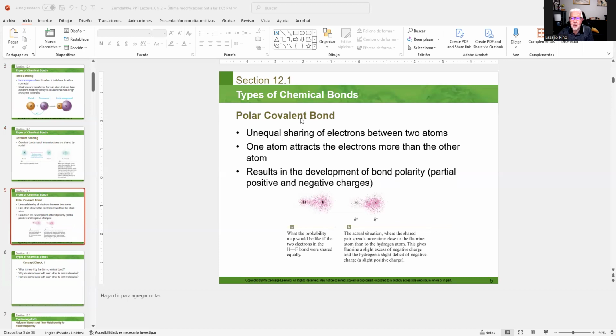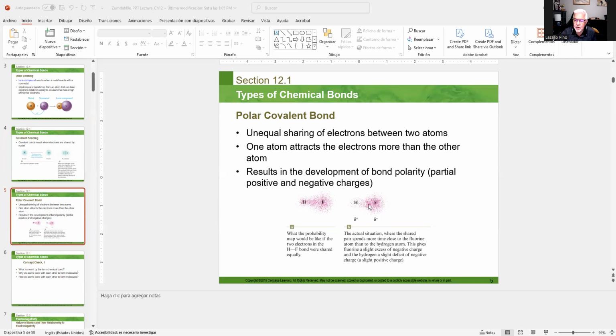Let's see a polar covalent bond. A polar covalent bond is when we have two atoms with different electronegativity. Both are non-metals. Then the electrons are closer to the atom that is more electronegative, and you find a delta negative charge. It is not a charge like in an ion. It means that you have more density of electrons